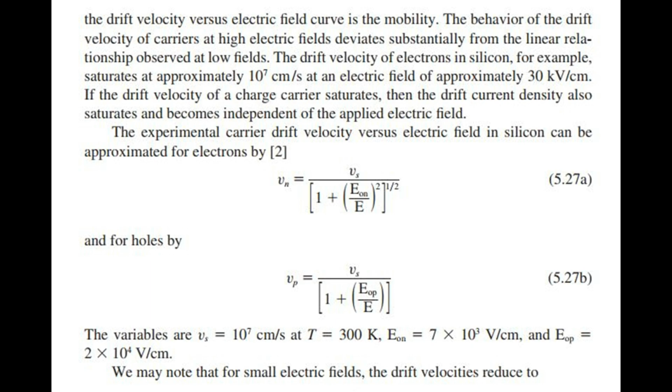The behavior of the drift velocity of carriers at high electric fields deviates substantially from the linear relationship observed at low fields. The drift velocity of electrons in silicon, for example, saturates at approximately 10 million centimeters per second at an electric field of approximately 30 kilovolts per centimeter. If the drift velocity of a charge carrier saturates, then the drift current density also saturates and becomes independent of the applied electric field. The experimental carrier drift velocity versus electric field in silicon can be approximated for electrons by